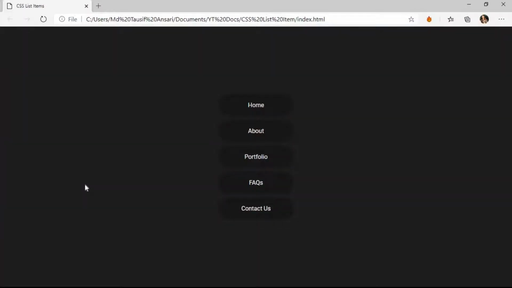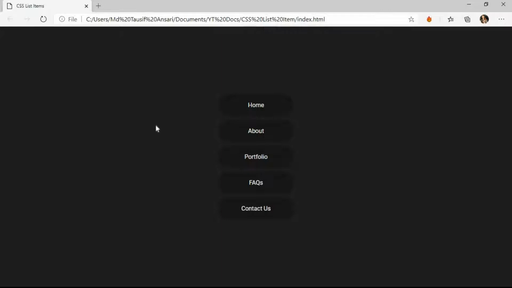Here it is. Guys, as you can see, the background color of the body is set to be a lighter version of the black color, and the color of this CSS list item is set to be the actual black color. I have set the font color to be white so that it's visible clearly, and the main theme behind this CSS list item to look more attractive is that when you hover over this set of list, the background color of it changes with a little bit of animation in it. So guys, let us just see how it goes.